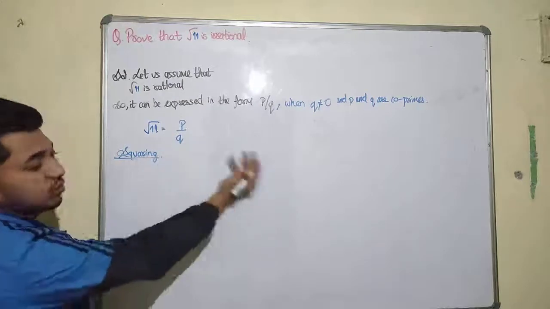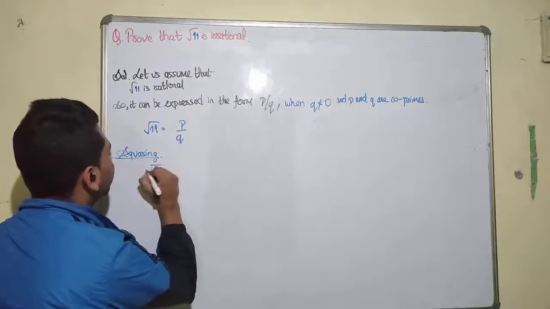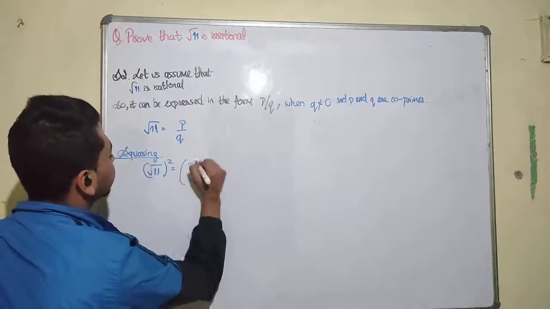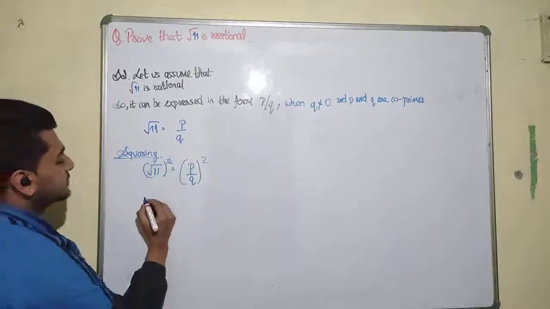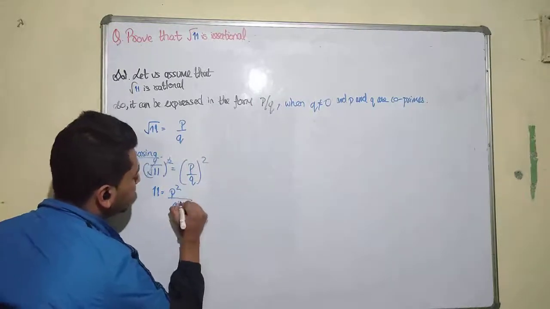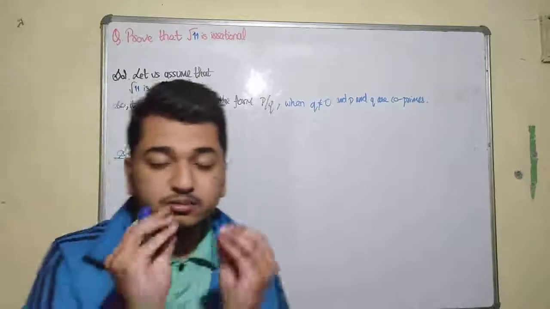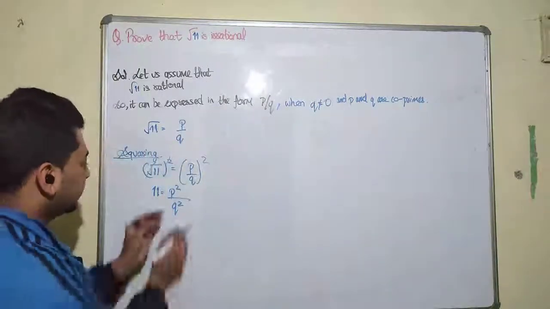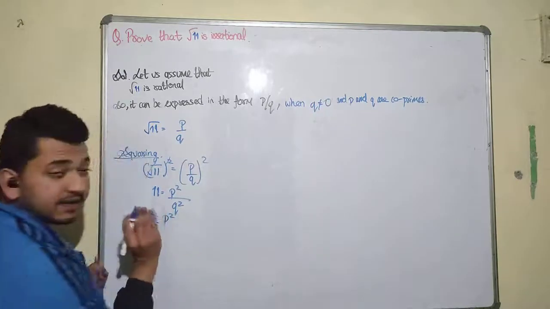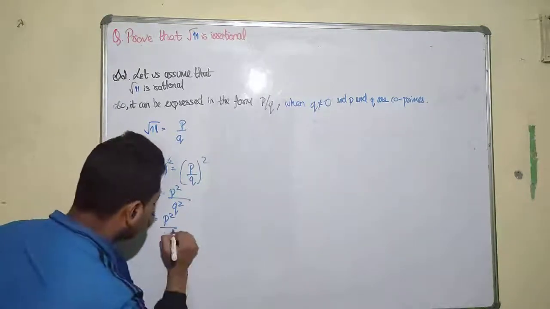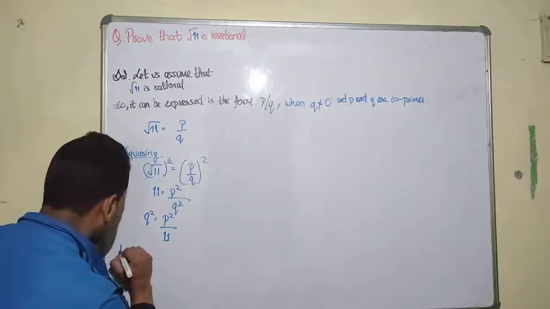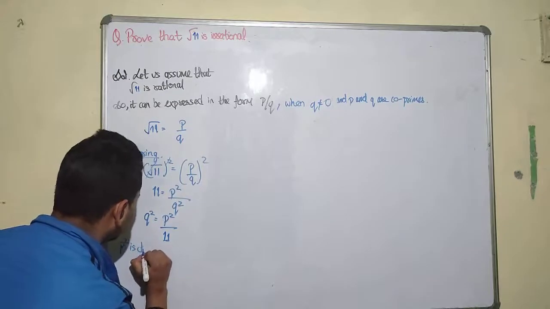So you will write, squaring both sides, okay? Under root 11 whole square is equal to p by q whole square. So this cuts off this, and we have 11 is equal to p square by q square. So now we'll send this q square out here. q square is equal to p square, and then 11 will come down. So what we can see out here is p square is divisible